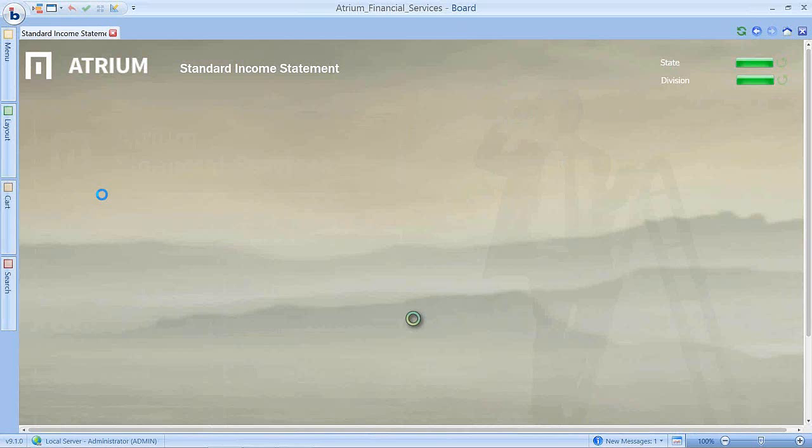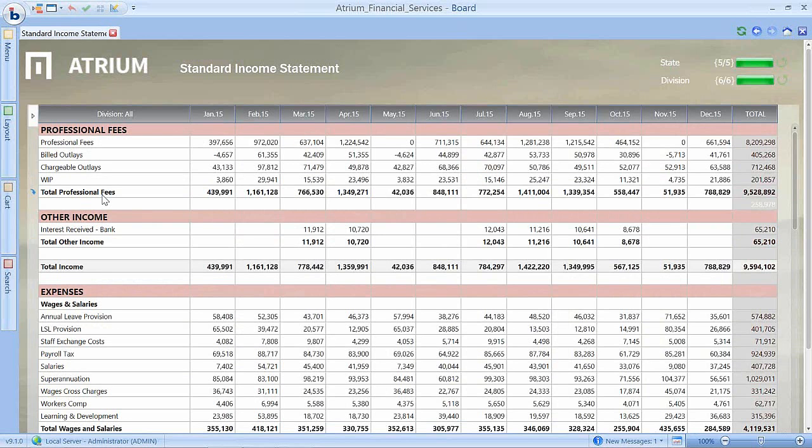Okay, so Board is also a financial reporting tool. It can produce any of your financial statement reports or more of a business intelligence or KPI standard reports. It has the ability to be able to drill down. So if I pick, say, salaries,